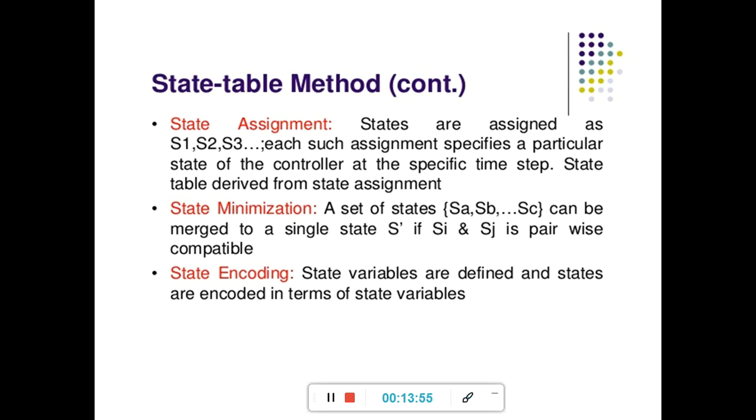The design criteria for finite state machine synthesis are speed and area, or both. Only then can we rectify the situation. The major criteria for synthesis are speed and area only. We use a finite state machine so that we can define the state encoded in terms of state variables. Without these variables we can't do the state encoding. So these are the three parameters that govern the state table method.